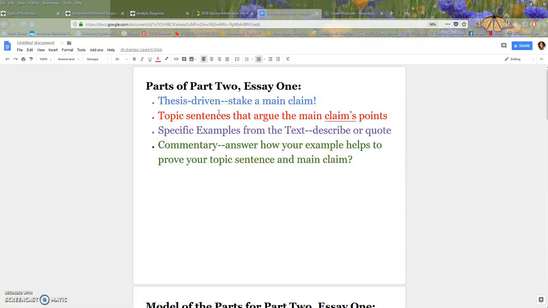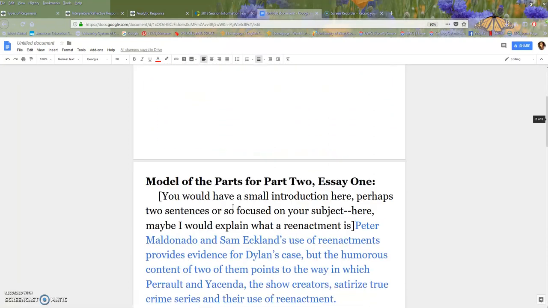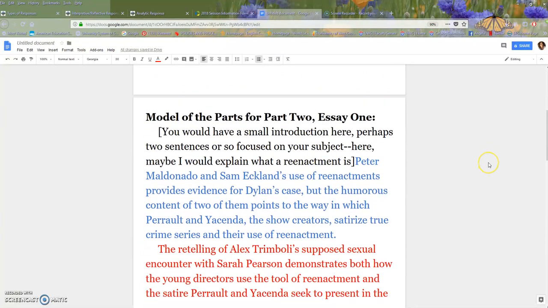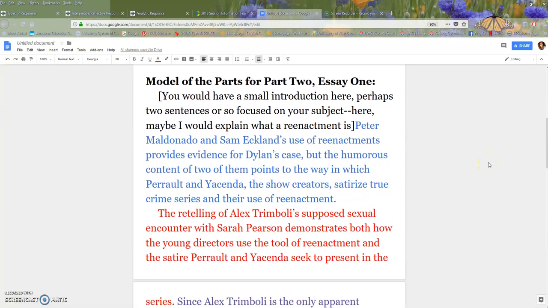Since you'll have your own thesis, you'll have your own topic sentences and examples, and you'll be the one using your own words to describe and/or quote from particular portions of the text. And of course, you'll write your own commentary. I wanted to give you a model that would help you out a little bit in understanding what this might